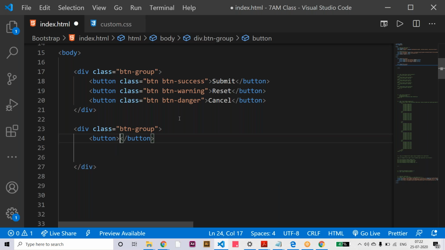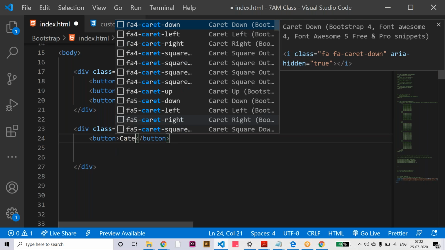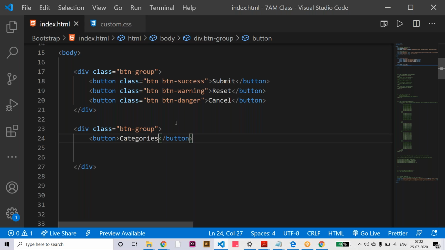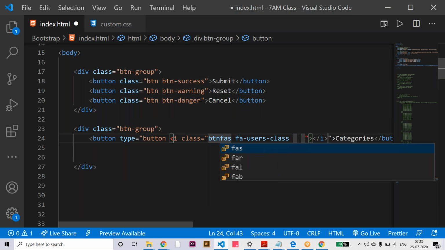Here you can say, let's say, category. Here you can say type button, and other attributes also, like other class attributes or some functionality attributes we are going to provide in the category section here.